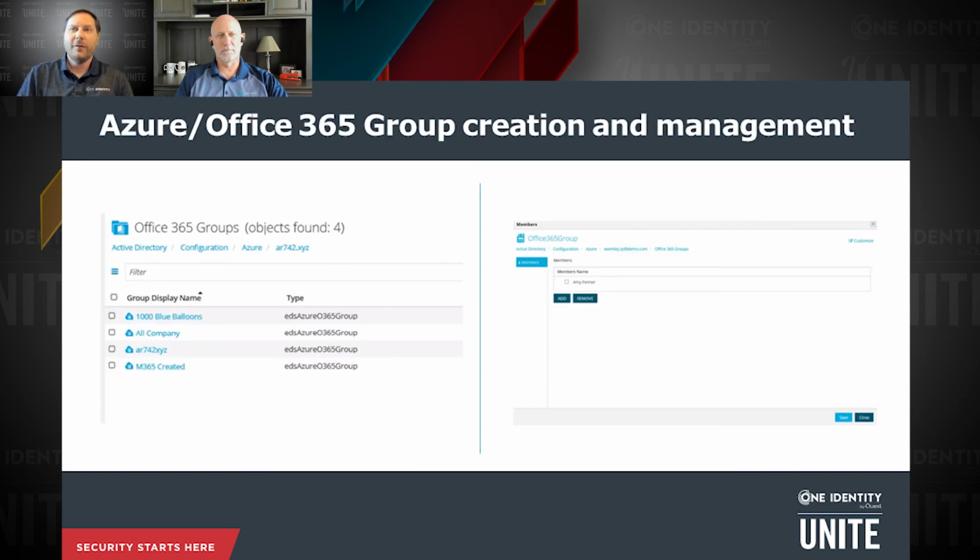And Office 365 groups. Now some of this was added in 7.43, but we've added a little bit more in 7.44, and there's some new stuff. But the bottom line is you'll be able to go in and see those groups and be able to manage those. Those groups are hugely critical in Teams, which we know is a really big thing these days, obviously in the work from home world that we all live in now. So we wanted to make sure that that was well supported, and so we've really solidified that in 7.44 as well.